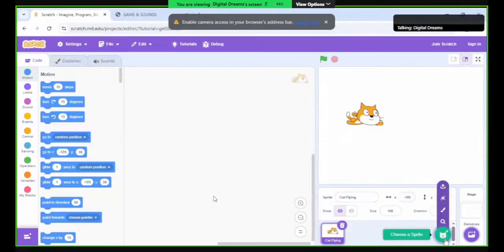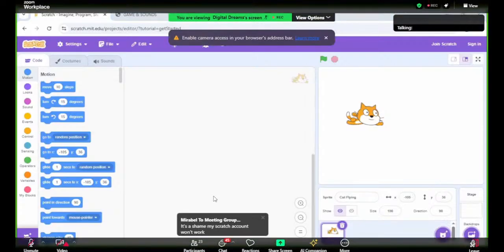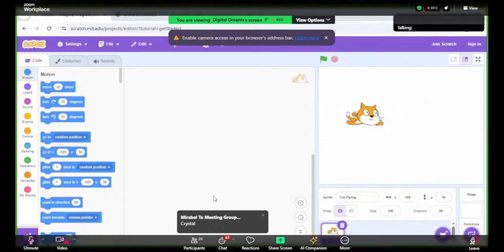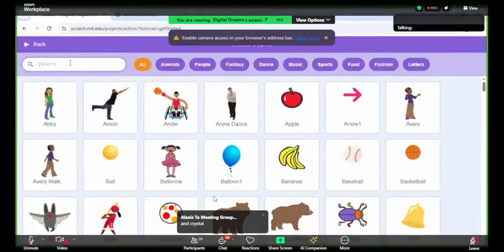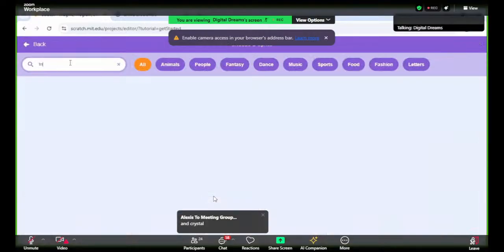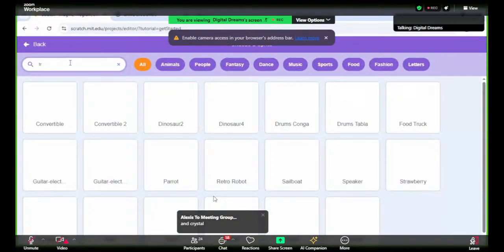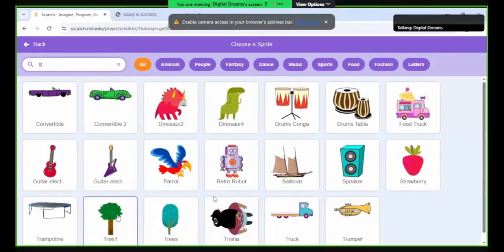So what's the next sprite I said we'll be using? I mentioned two other sprites. Okay, some of you are listening. Someone said tree one and then crystal. That's good. Yes, you all are listening. So let's continue. We'll go on and choose our tree one. We have two trees. Here is tree two, but we're using tree one. So you choose your tree,